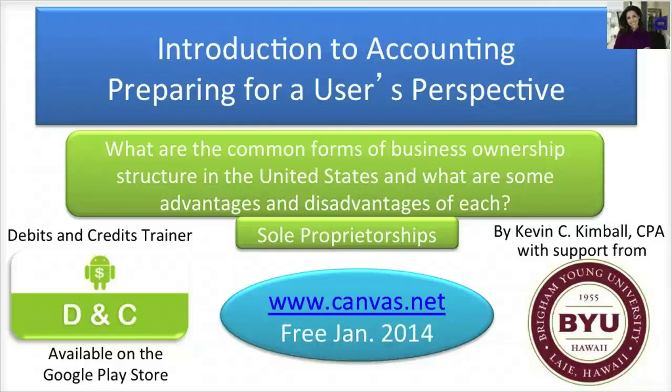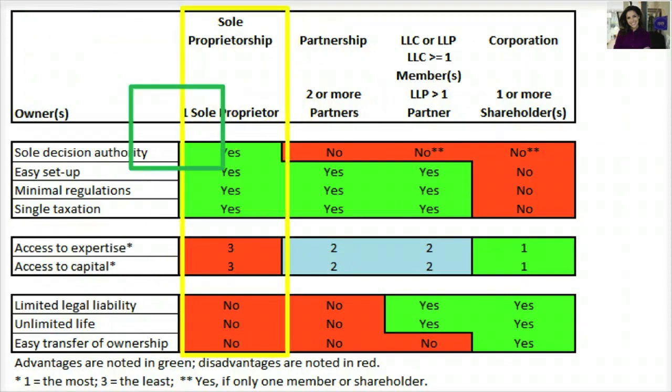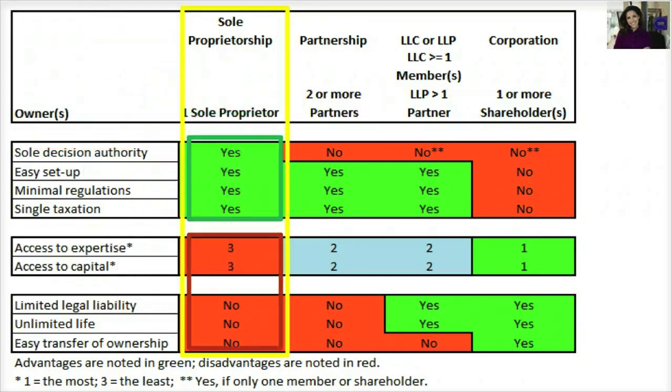Welcome to Introduction to Accounting, Preparing for a User's Perspective. What are the common forms of business ownership structure in the United States, and what are some advantages and disadvantages of each? Sole proprietorships. The following discussion will focus on the key characteristics and the advantages and disadvantages of sole proprietorships. You should use the Summary of Business Structures table given here to guide you as you learn more about